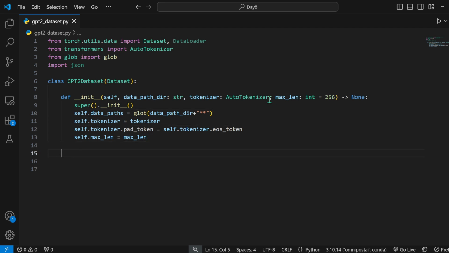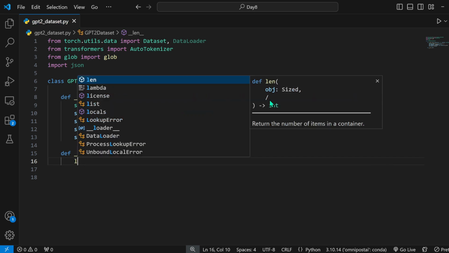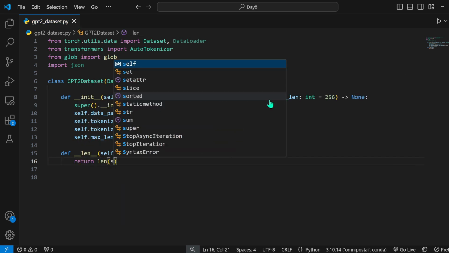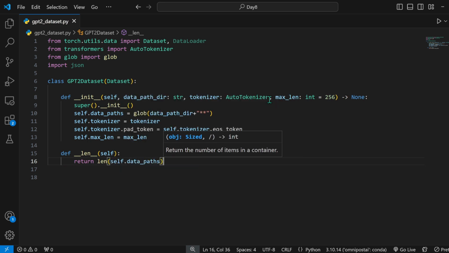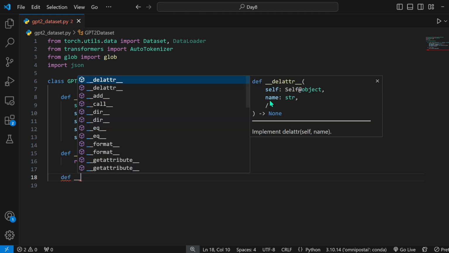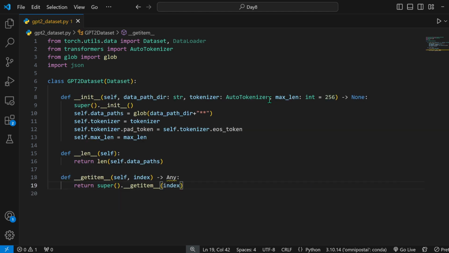Okay. Here the important functions, if you remember from our prerequisites video, are length, for which here the data points, there is one data point per file, which means len of self dot data paths is more than enough for this. Okay. And in here, in get item, def dunder get item self comma index,